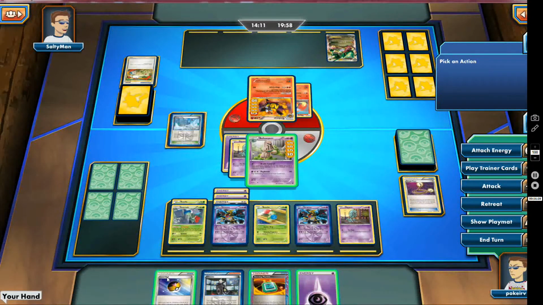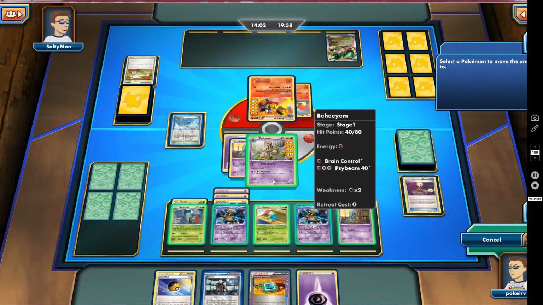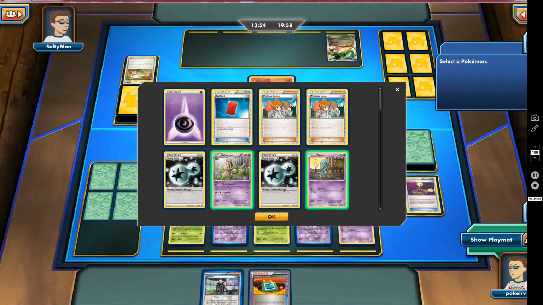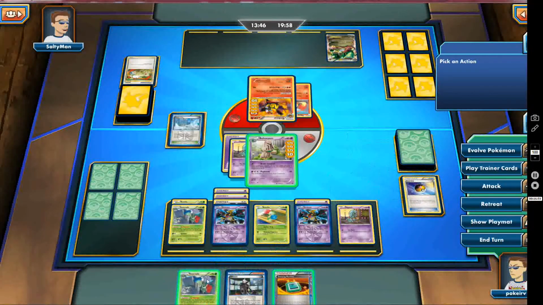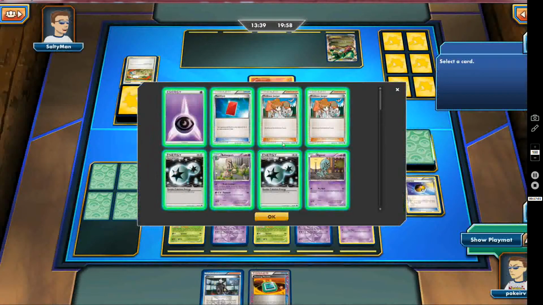We'll put in energy on this Giratina. Let's play him for Roserade. So now we're going to evolve, and then we're going to use La Parfum to get ourselves a Juniper or something, a supporter we can use. So let's get a Juniper,